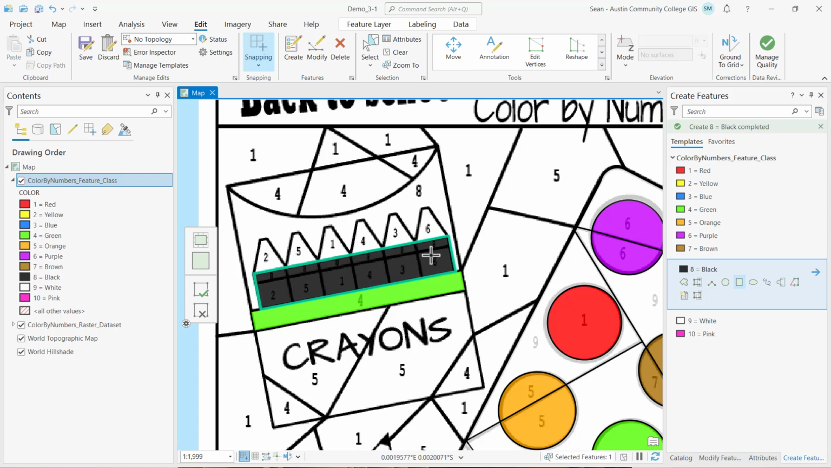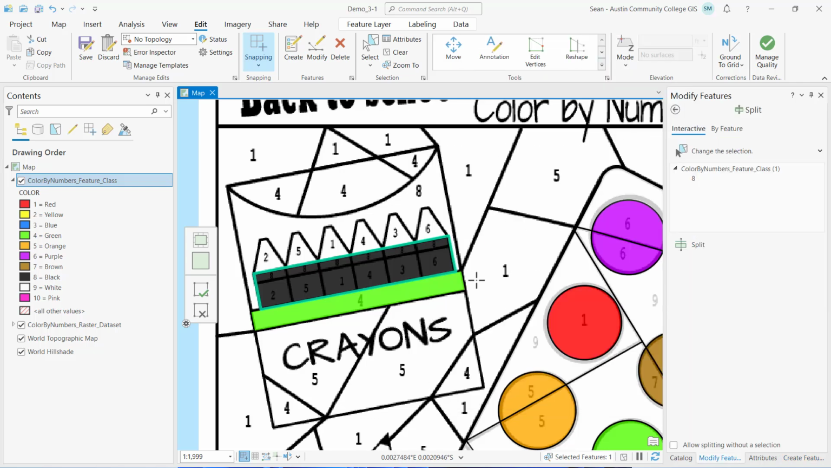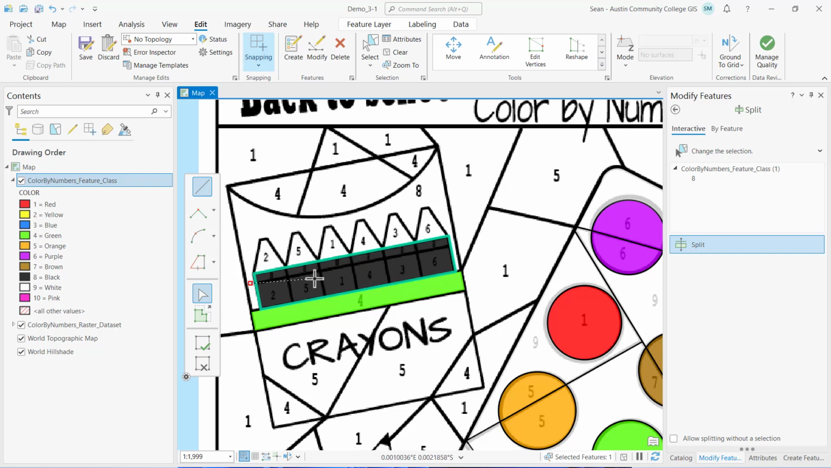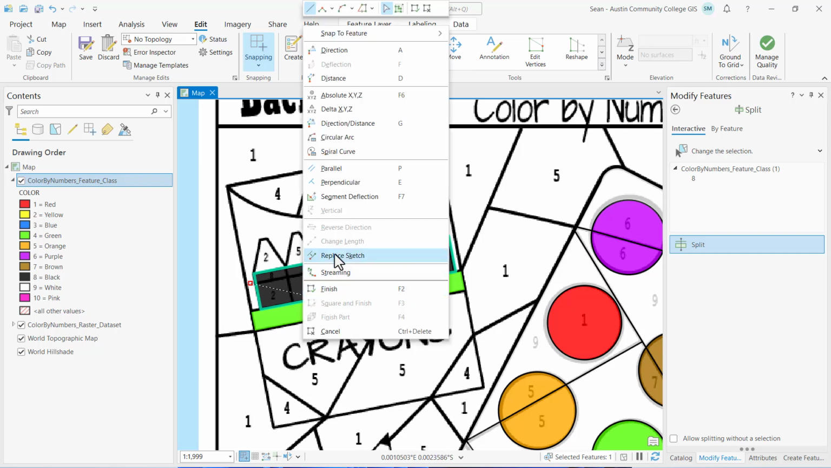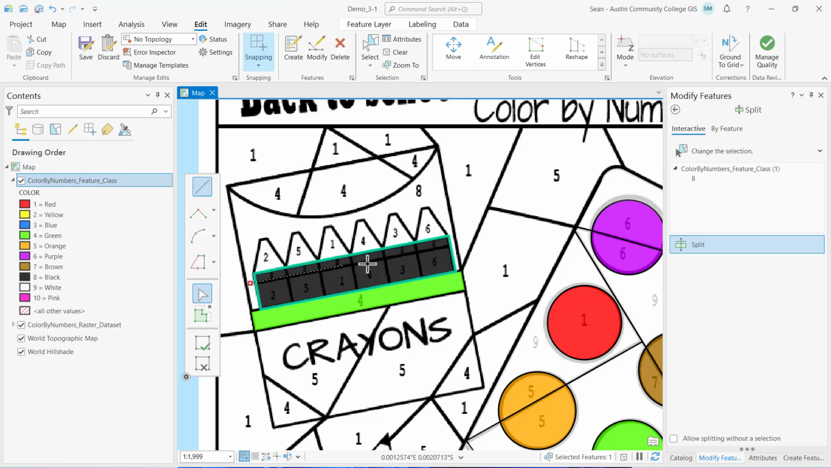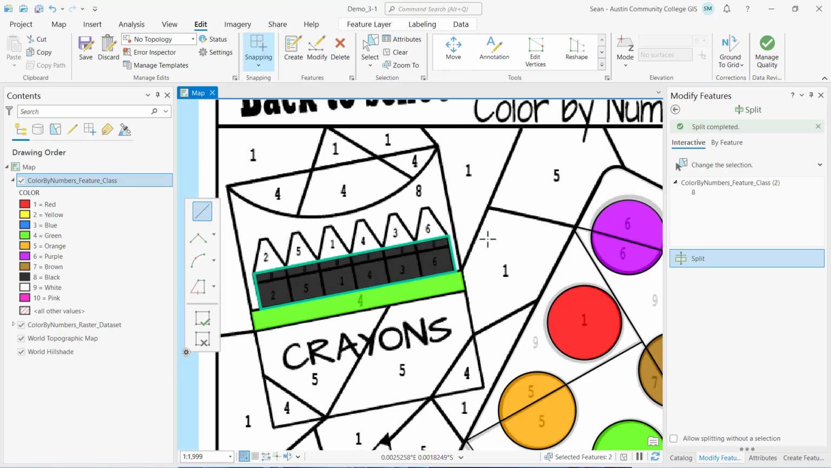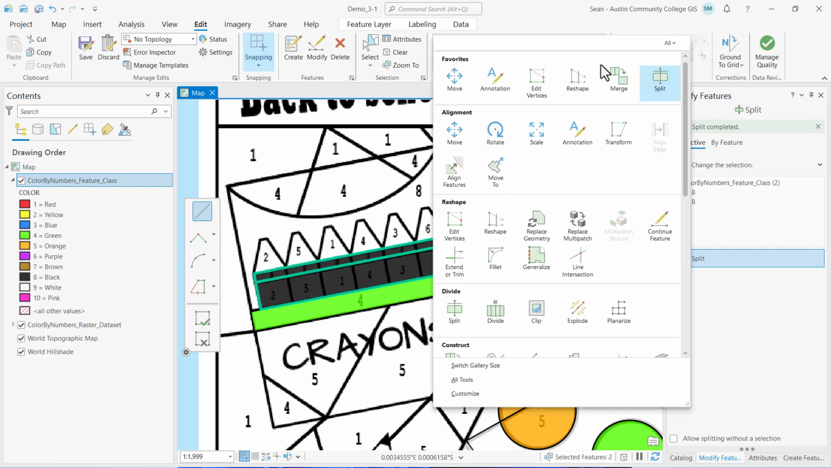I need to split that rectangle, so I'm going to use the split tool. And go ahead and split it. And I want the split to be parallel to the original green rectangle, so I'm going to click on that edge and select parallel, and then double click to create my split. Now I need to split the rest of the rectangle, and I'm going to use a cool tool called divide. So it's in the divide section. Click on divide,